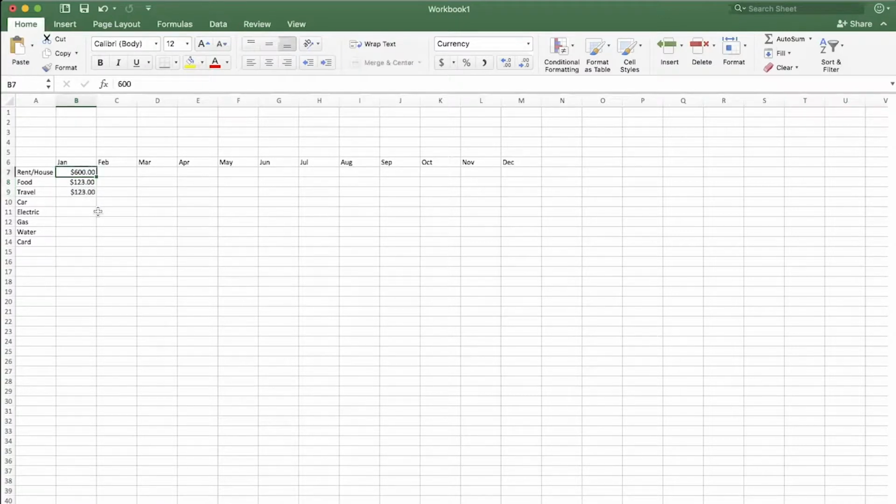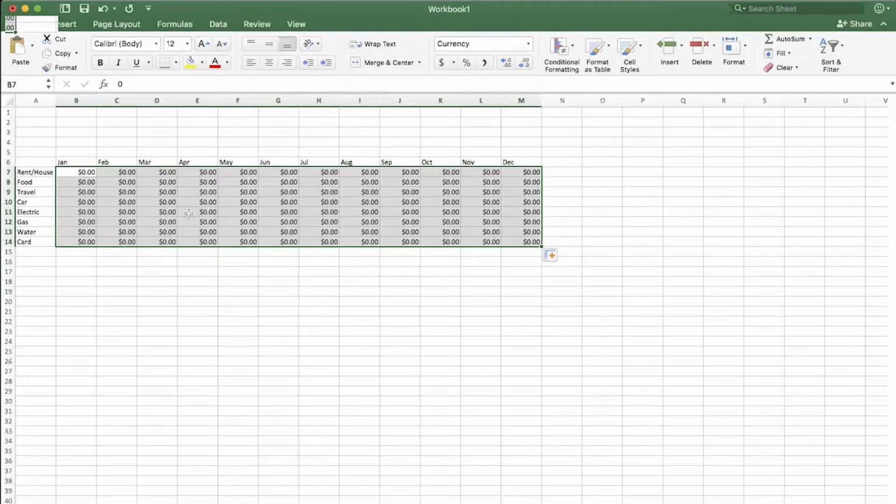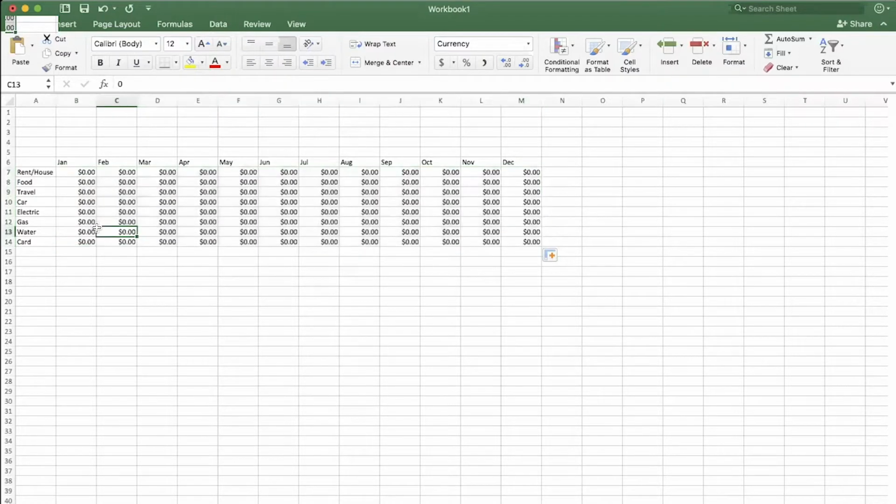Now, here's another fun thing with autofill. Let's say you're just starting and you don't want to format each one of these individually. You can just put in $0. It's already formatted. And then autofill down. And then once you've autofilled down, you can autofill all the way across. So you've just automatically not only added content to every single cell, but you have also formatted every single one of those using the same format. You can always change them later, but it gives you a nice starting point.